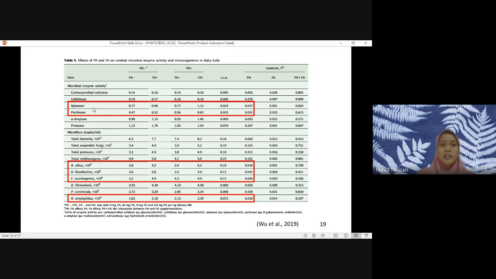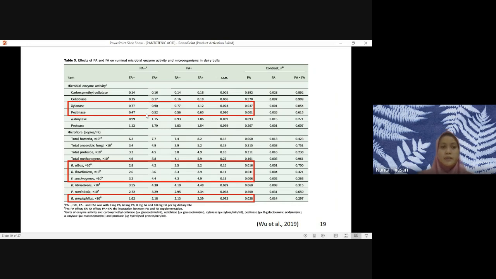Comparing between without and with pantothenic acid, we can see that the amount of the xylanase and pectinase enzyme is increased compared with without the addition of